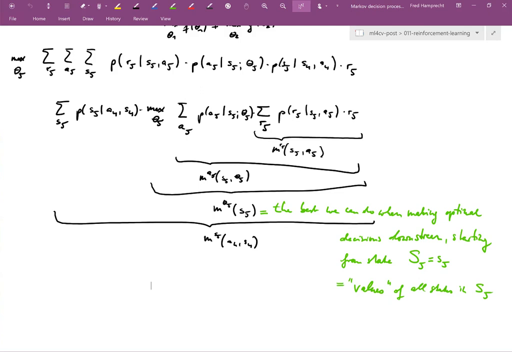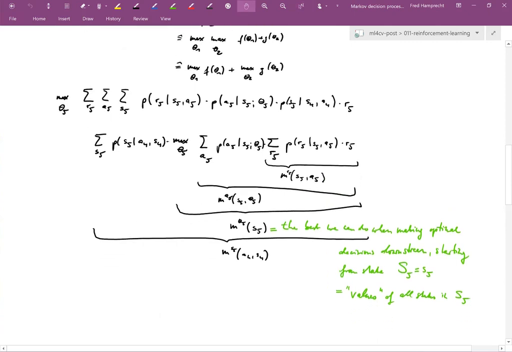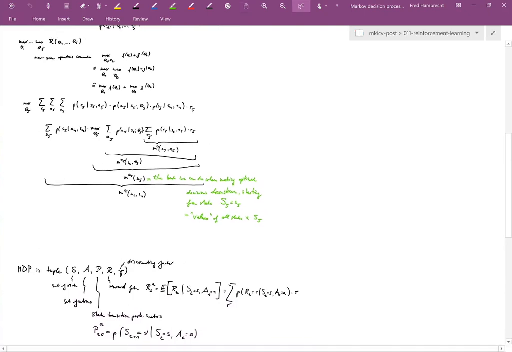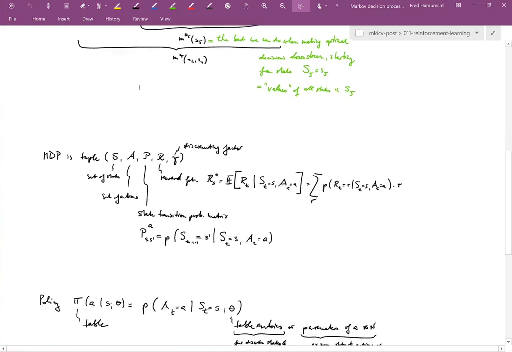And then there is the most modern class of algorithms, which do both. They try to estimate both optimum policies and optimum values. The technology behind AlphaGo Zero is a representative of this class, where even a single network tries to estimate the value and the optimal policy at the same time. Okay, but for now here we have this sequence of messages that we're sending, and indeed this is just an example of message passing or dynamic programming.